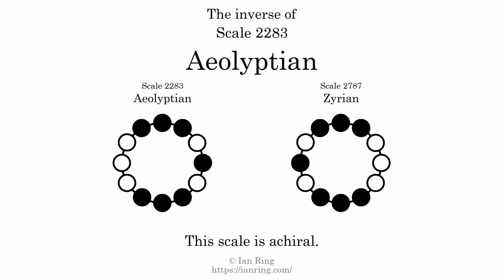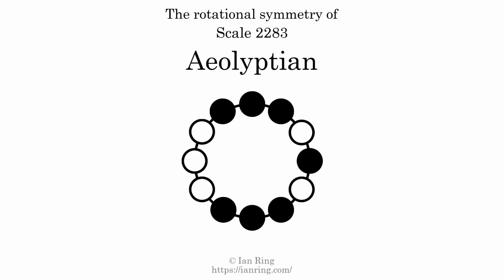The inverse of a scale is a mirror image. It is what you get when the sequence of intervals is reversed. The inverse of this scale is scale 2787, also known as Zirian. This scale is achiral, since it can transform into its own reflection by a rotational transformation. This scale has no rotational symmetry. For even more detail about this scale, visit